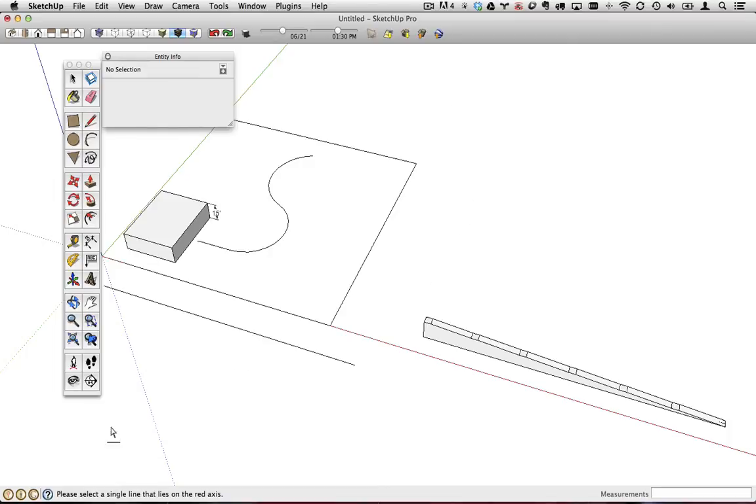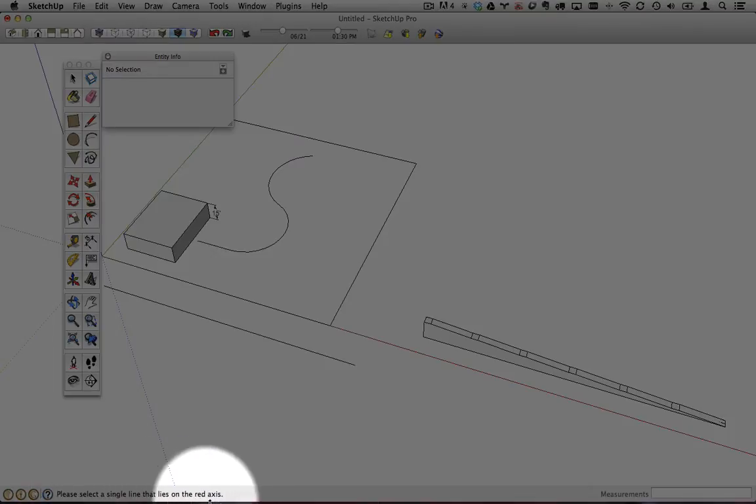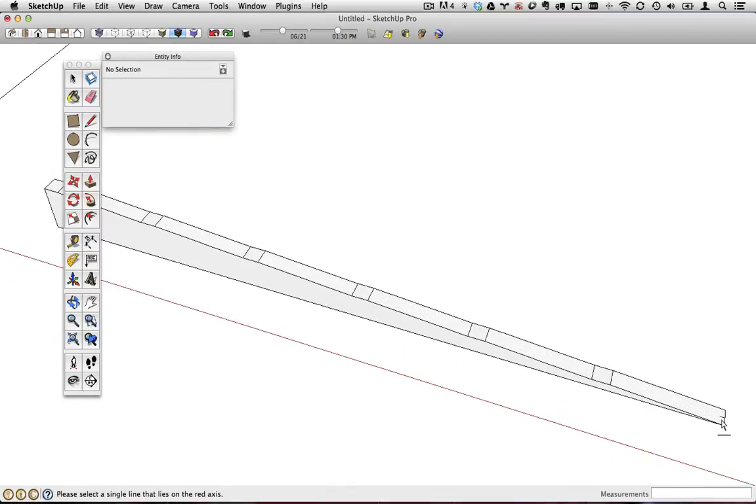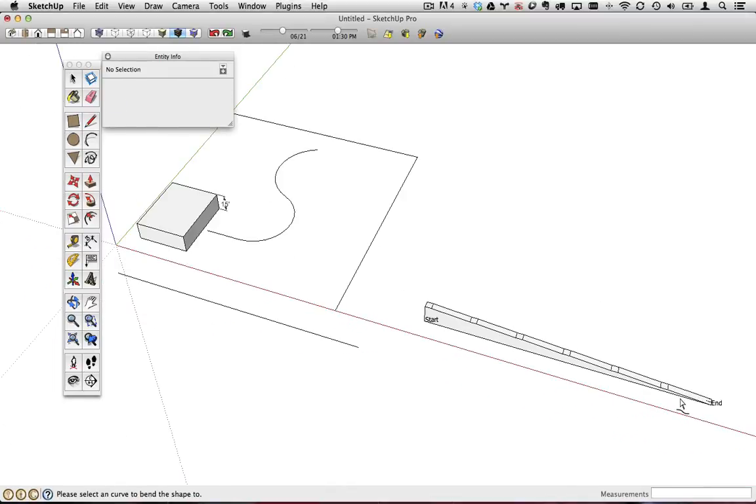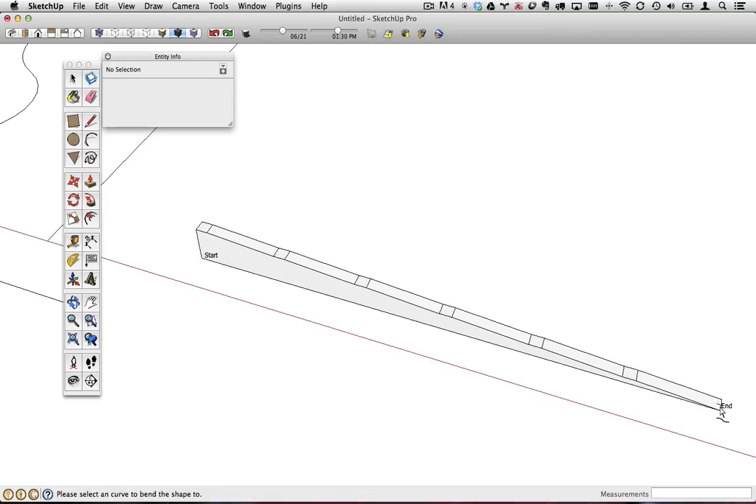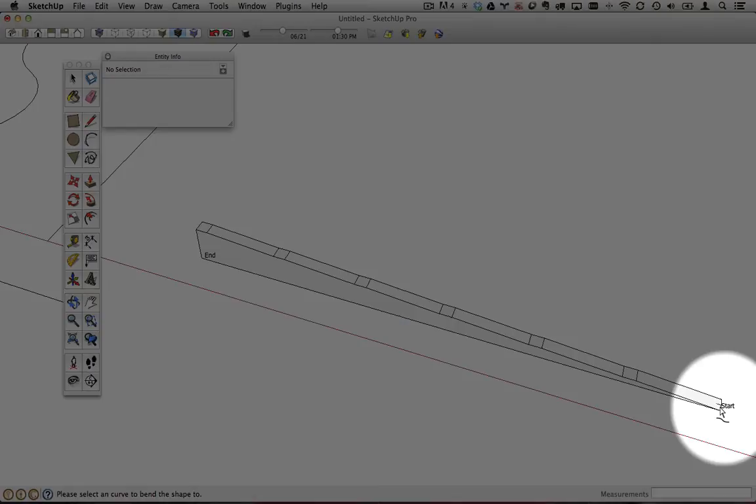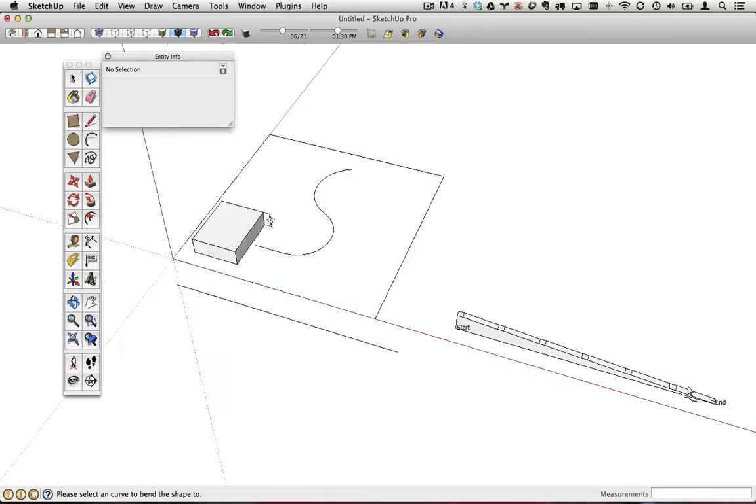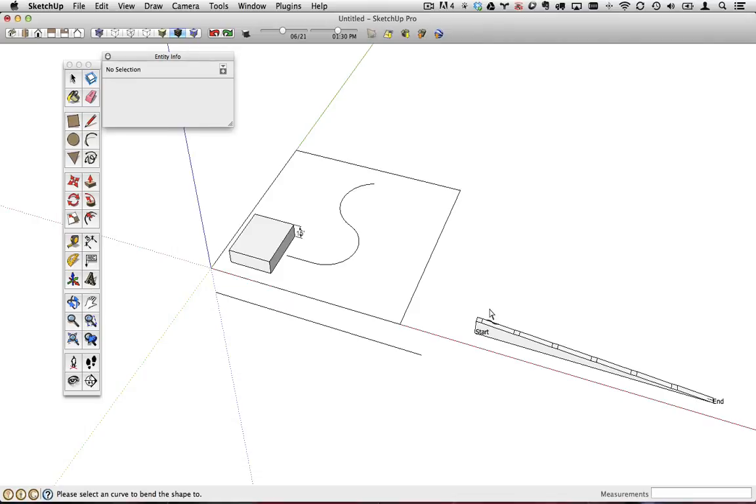and you'll be prompted to select a line that lies along the red axes, which I can kind of see right there. At this point, again, I'm using the click, release, click method. If you toggle your down arrow, notice how the start and end of that line changes. So you can specify where's the start, where's the end. This is important because this tool takes a little bit of practice to get right, and you'll see why here